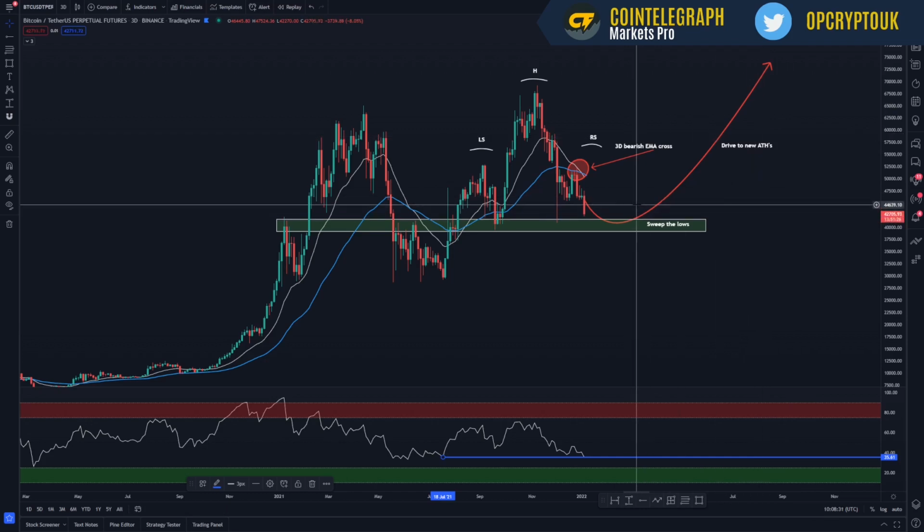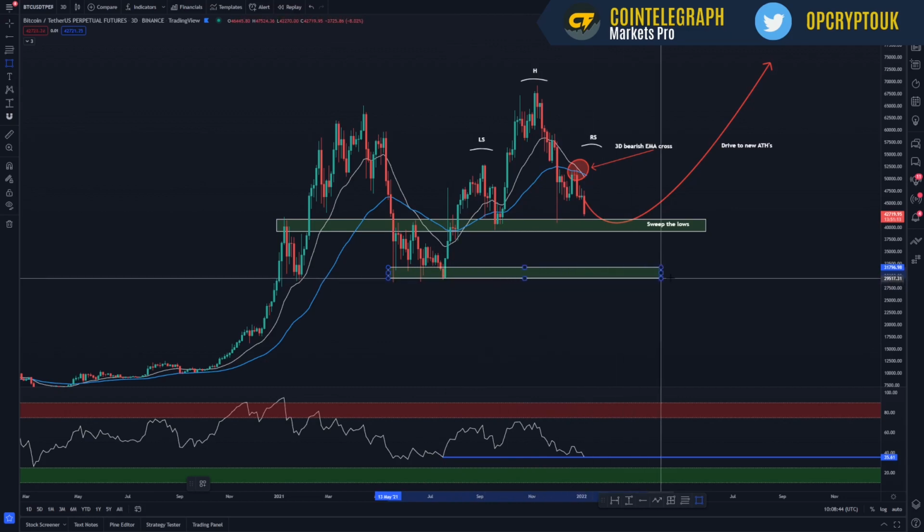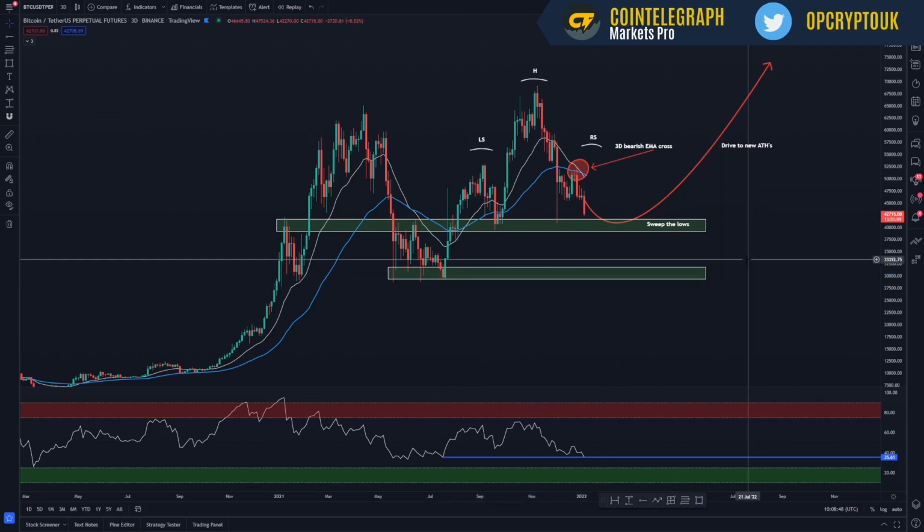Bearish scenario is we actually complete a full head and shoulders pattern, which is a bearish pattern. So we have a left shoulder, a head, a right shoulder, and then you usually get a dump. If a dump did occur, you would look to test all these wicks down here, which is at 28 to 30k region. That is an area where you could potentially get some orders filled, but I'm more in favour of